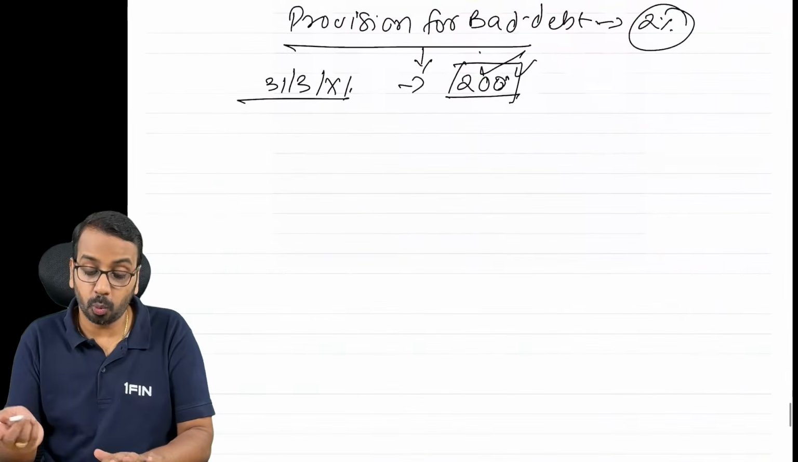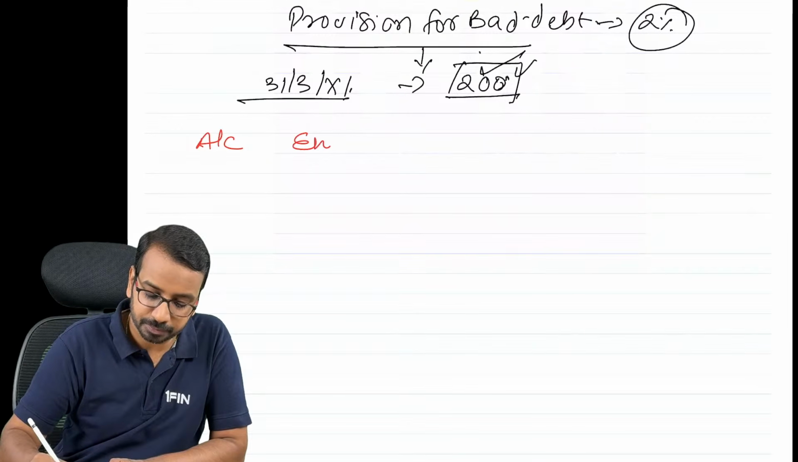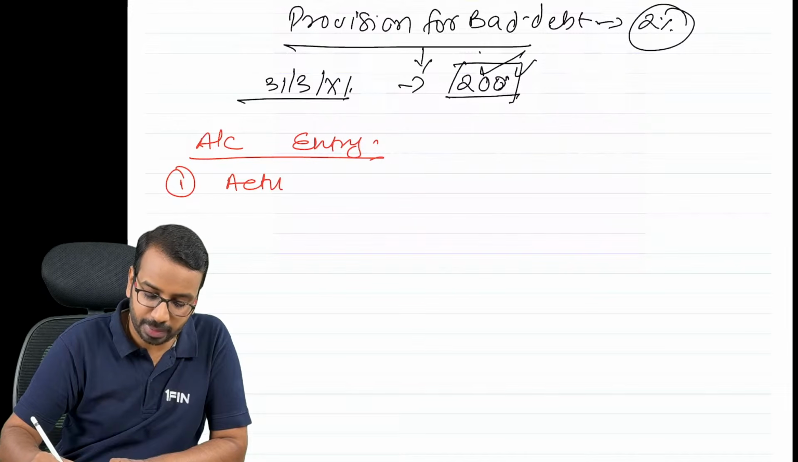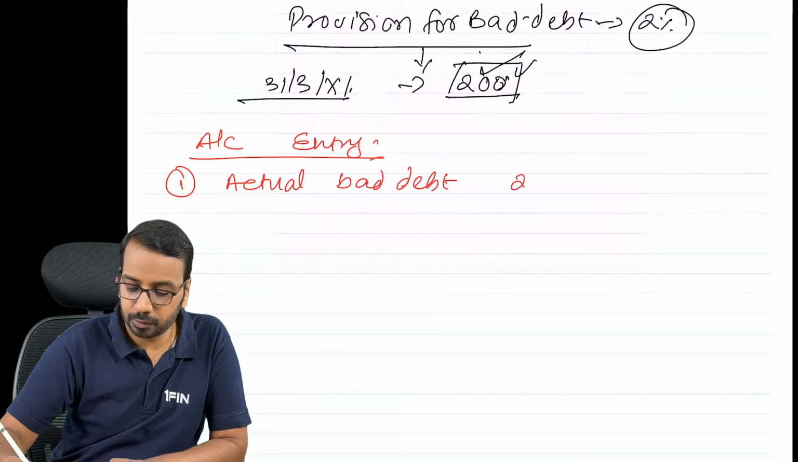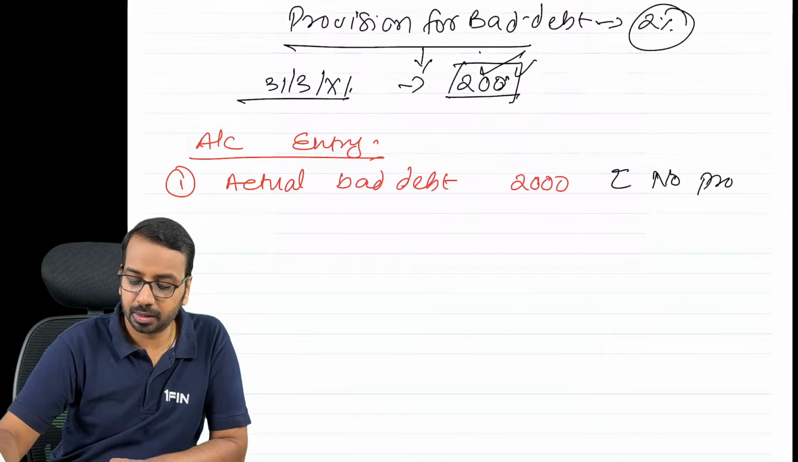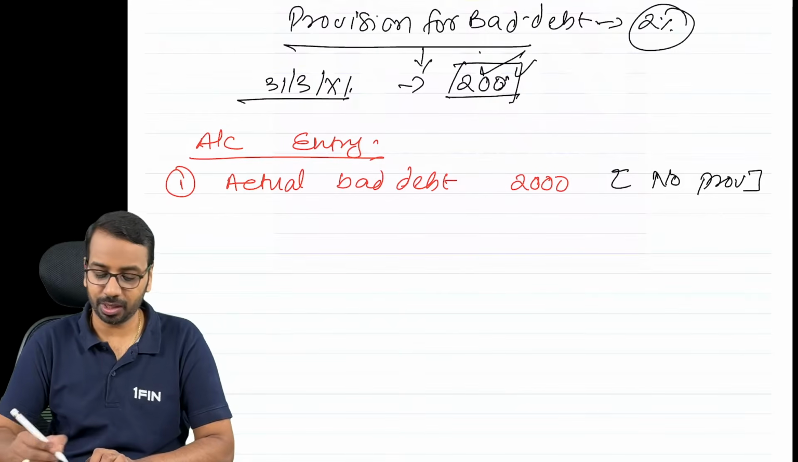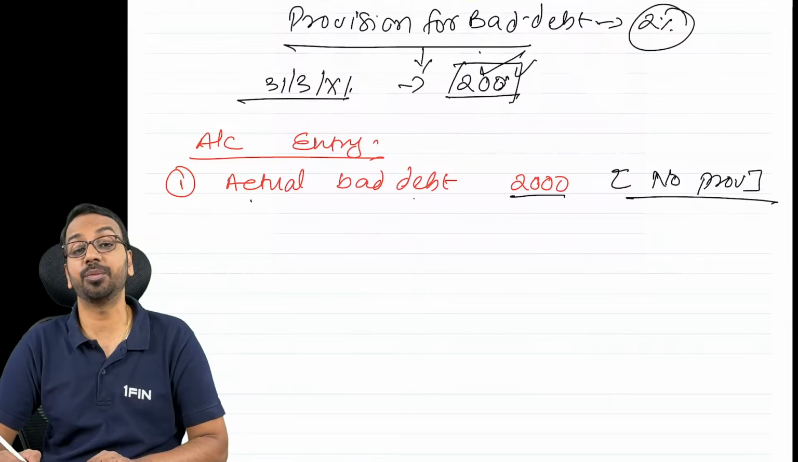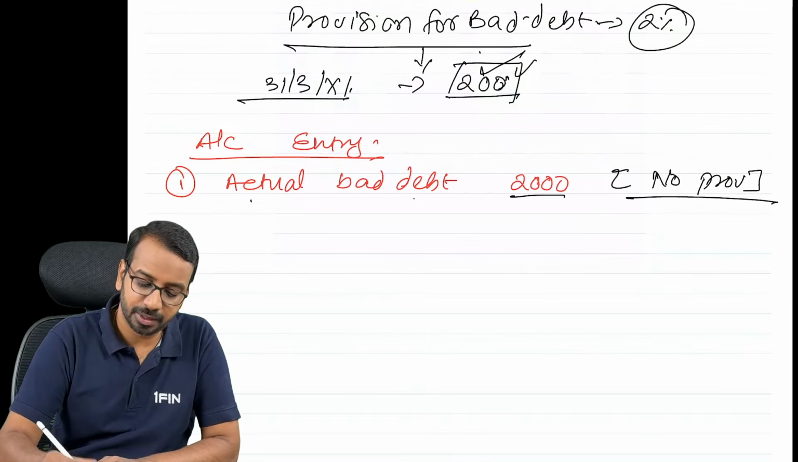Now, what you need to understand is how to account. Accounting entry. In the first scenario, when there is an actual bad debt of 2,000 and there is no provision, we have not created any provision for bad debt. Okay, so when we have an actual bad debt of 2,000, we have not created any provision in the past. What is the entry for that? The entry for that will be